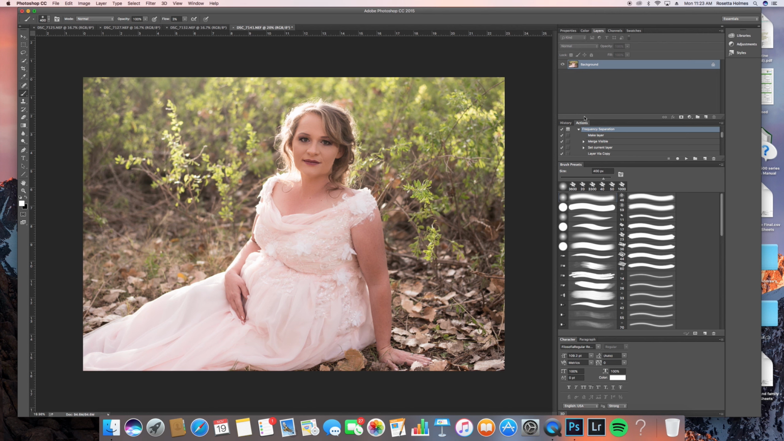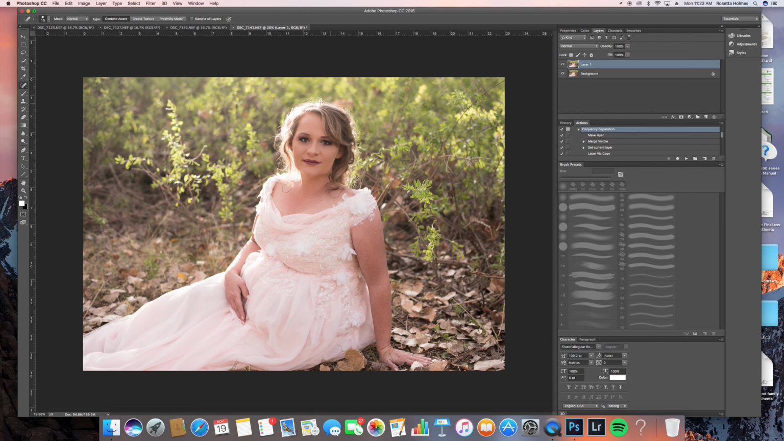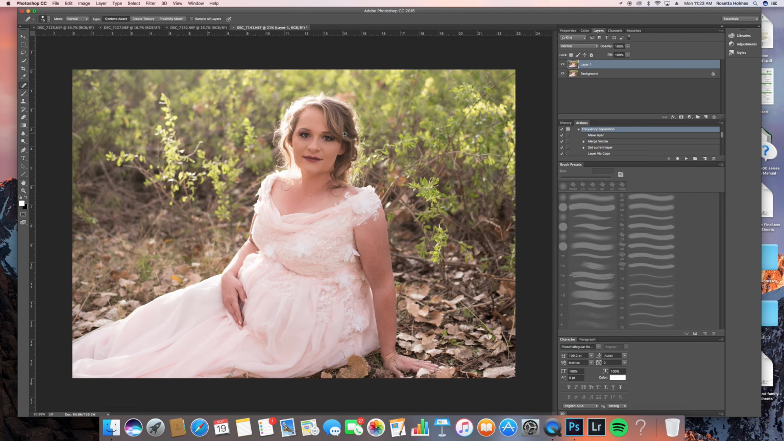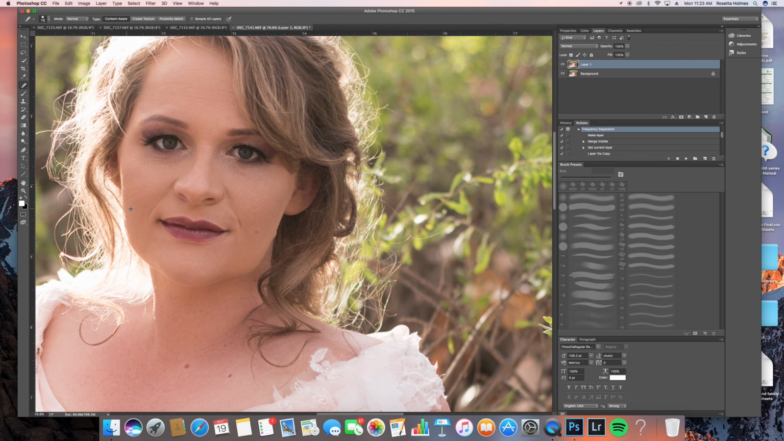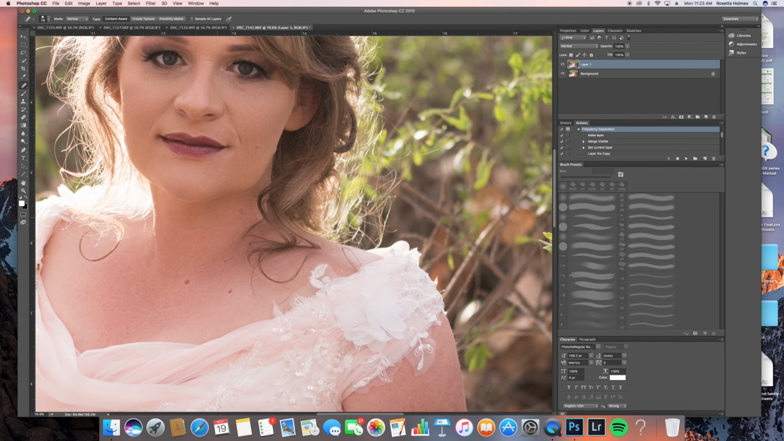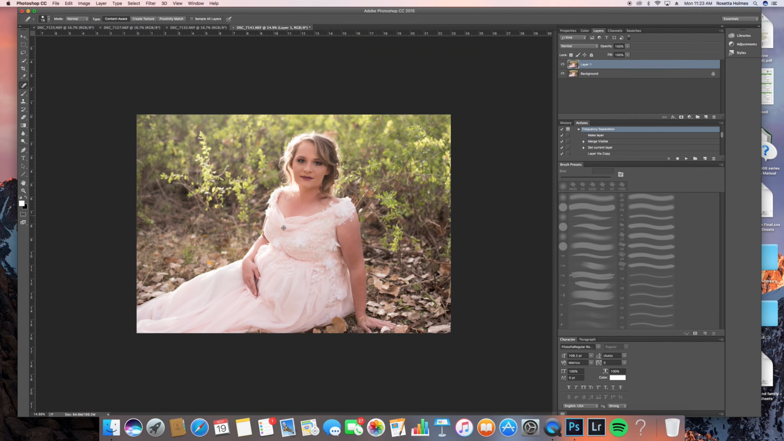And usually when I'm editing skin, the very first thing that I will do is create a duplicate layer, and then I go in here to, I forget what that's called, is it like a patch tool, and I just pull off any blemishes that I find. I already did this on this image, so I'm gonna go ahead and skip that step and come up here and just flatten that